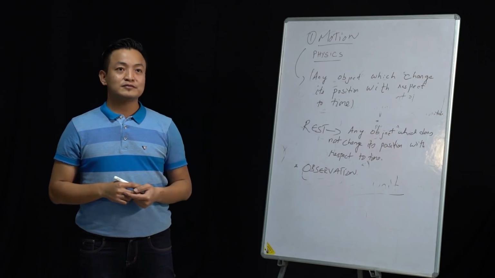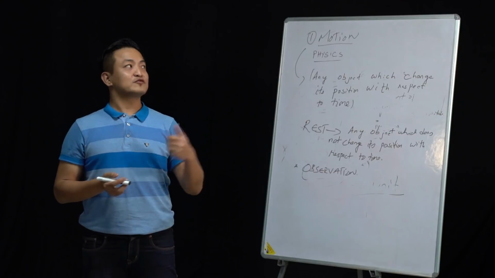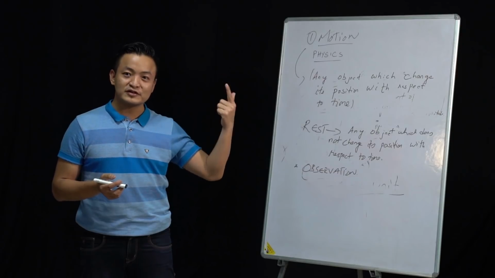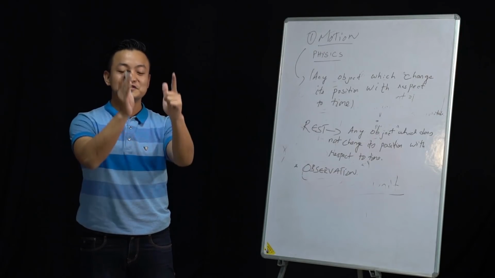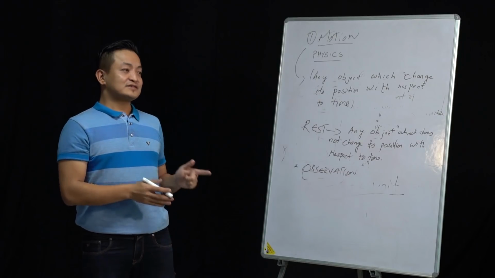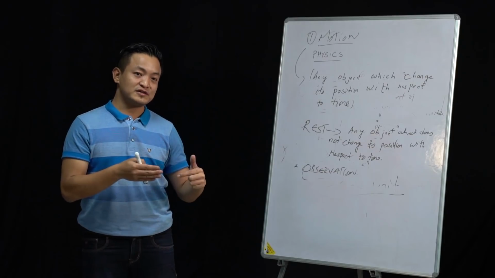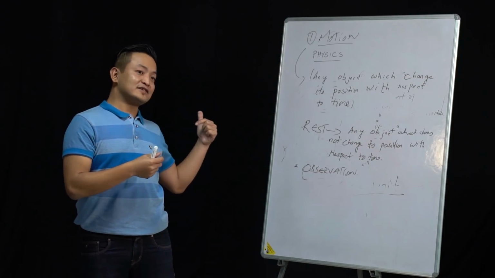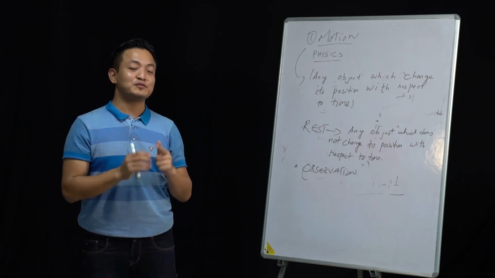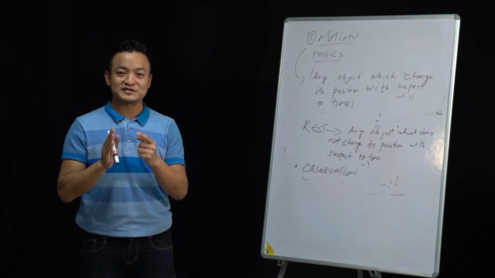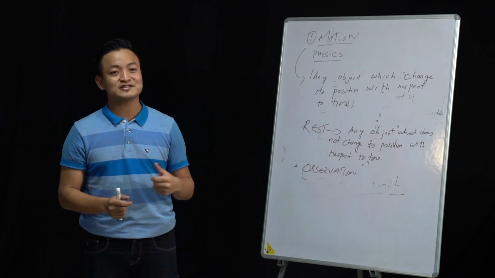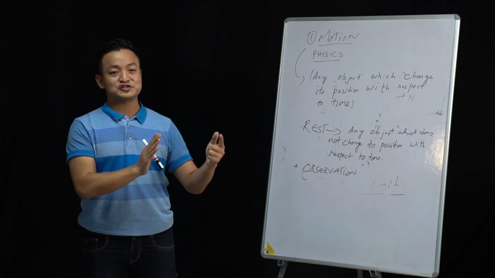Clear? So now, before reaching the school, you just tend to look outside. What will you see? You will see trees. Actually, the tree doesn't move, right? The tree is at rest. According to you and me, the tree is at rest. But since the bus is in motion, and you are looking outside the window, you see that even the tree appears to be in motion. I'm sure you have all observed that. The bus is in motion and you look outside the glass and you see that the tree appears to be in motion.